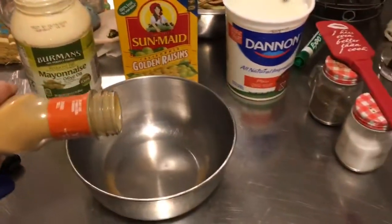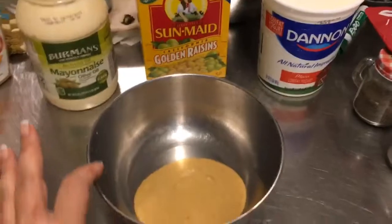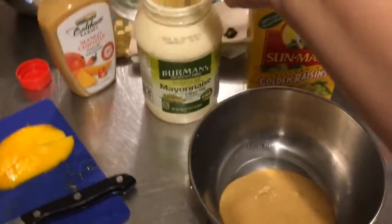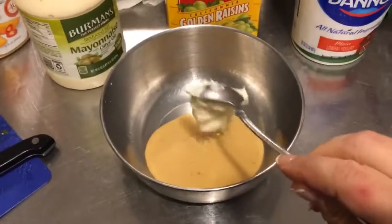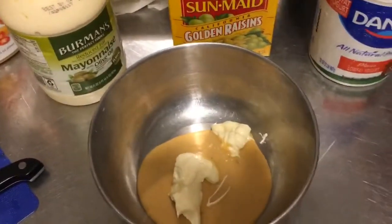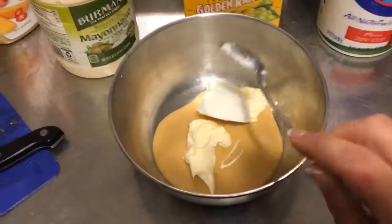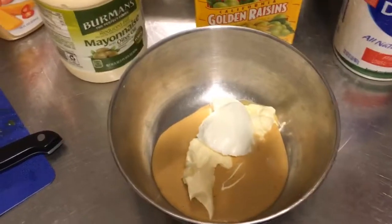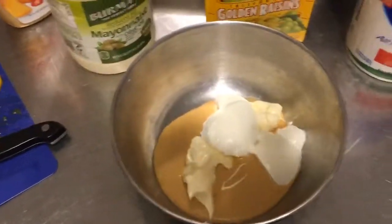So I'm just going to mix and match here. Add a little bit of this, add a little bit of that. This is how I cook. I hardly ever follow a recipe. It is so rare. The only thing I ever follow recipes on are bread, and I am not great at bread. So yogurt,